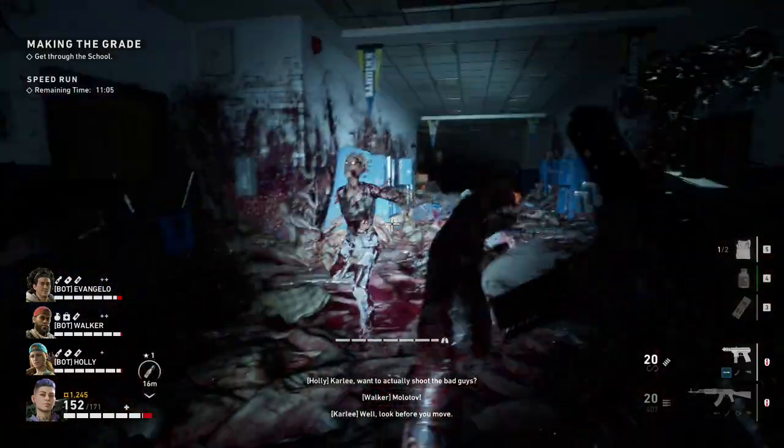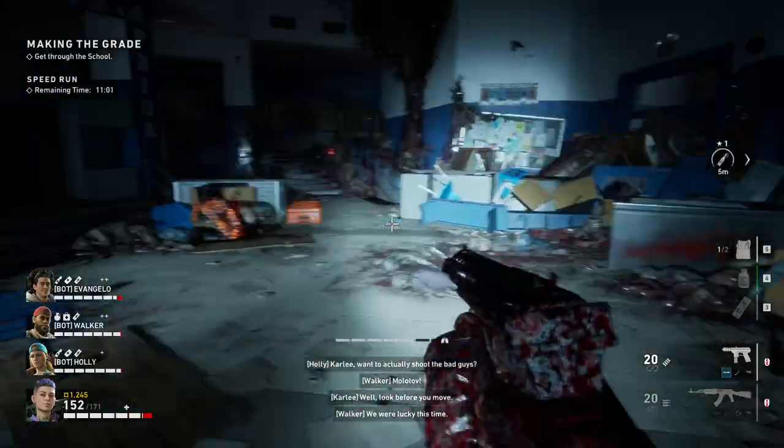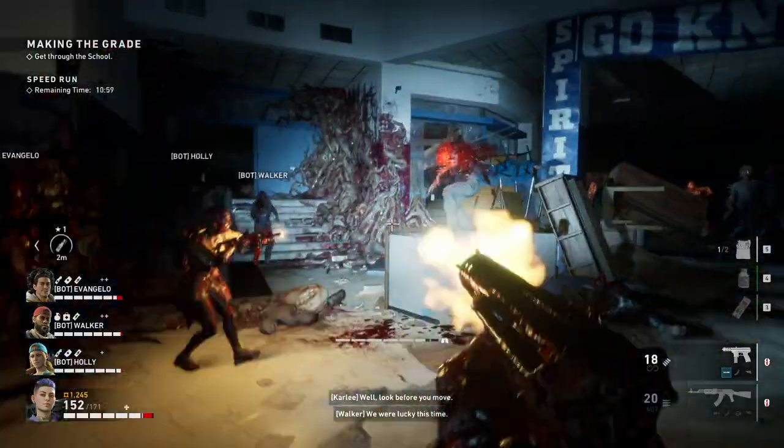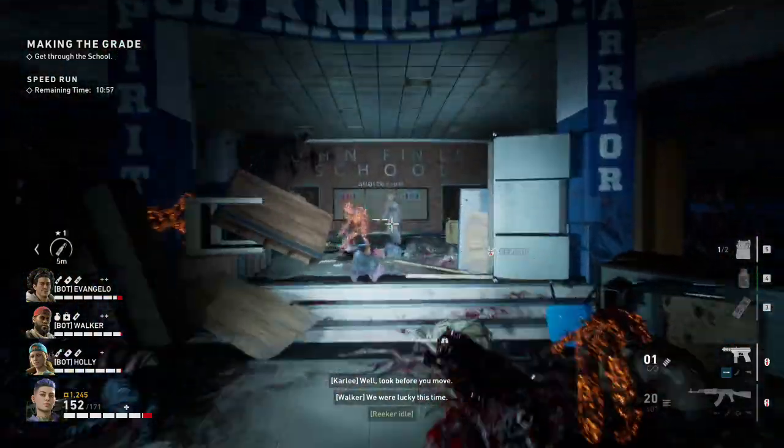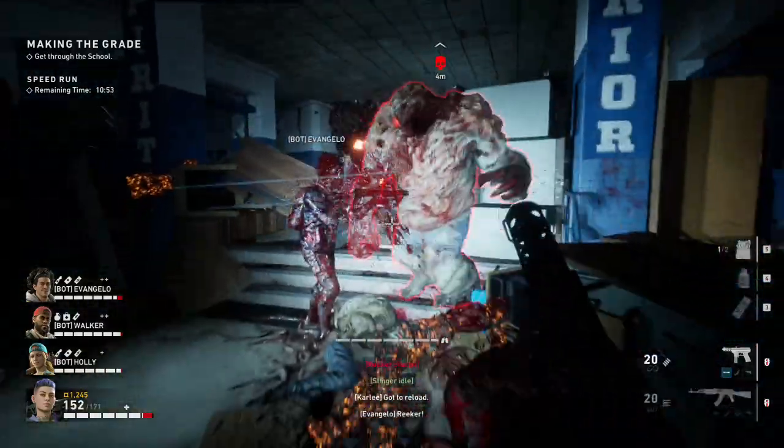How's it going, guys? It's Red, and in this video, I'm going to be showing you guys another super busted setup that you guys can be using in Back 4 Blood right now after the November update. Now, with this build, you guys are going to have infinite ammo and laser point accuracy on every single weapon